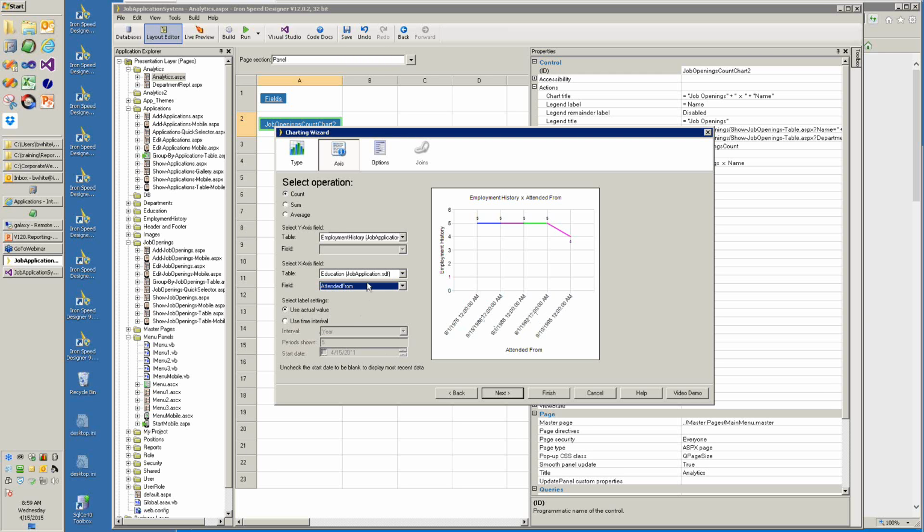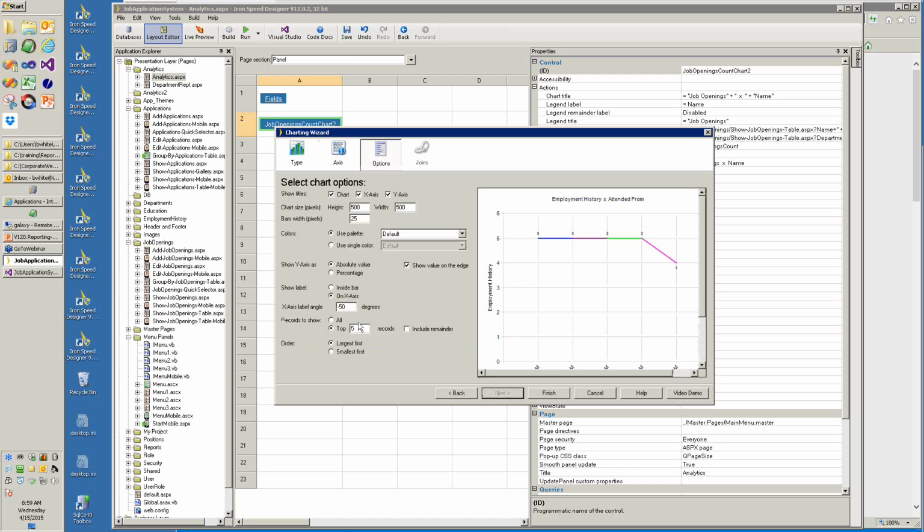Now, once you have a date field you're using in your chart, you get to select whether you're using absolute, percentage, charting. I would swear that this gave me, I might have done it backwards, that I had the option of using date ranges, and I do. I know that I'm just using the wrong thing